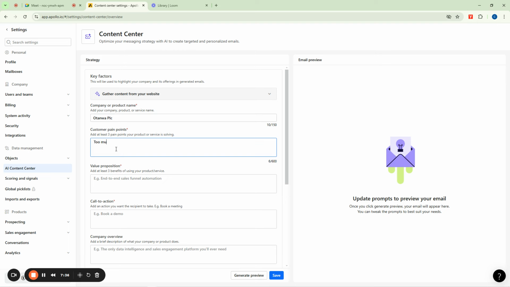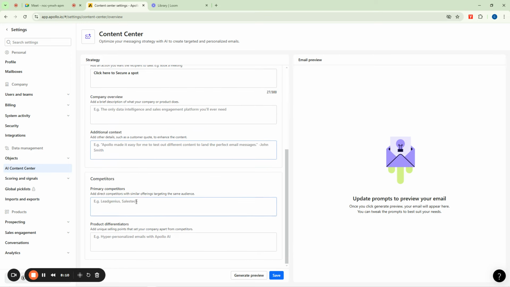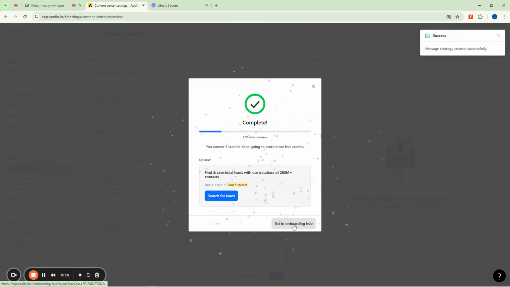Say too much pressure with tasks. Yes, too much pressure. I feel that we're thinking in happy, happy to you. So value proposition. So we can say okay, end to end funnel. Now call to action. We can say okay, click here to secure a spot. Okay. Now what's the next one here? I think these ones are not important anymore. So you can just say save. And of course, you can see now we completed this task. We can now go